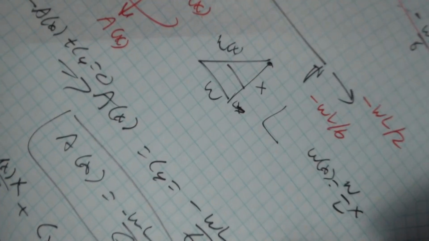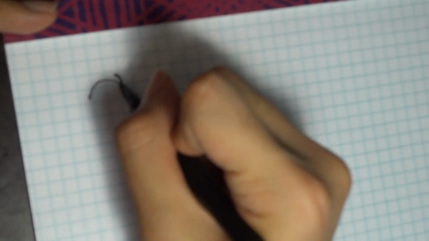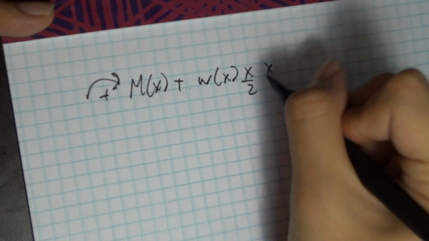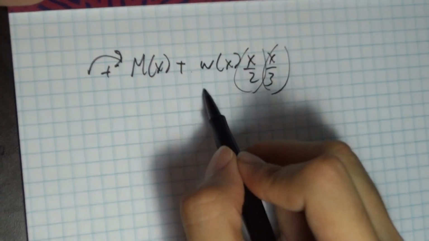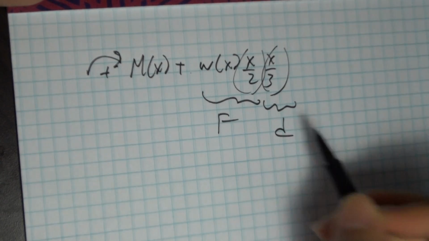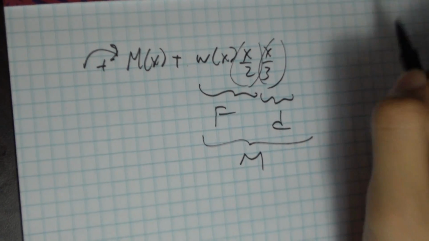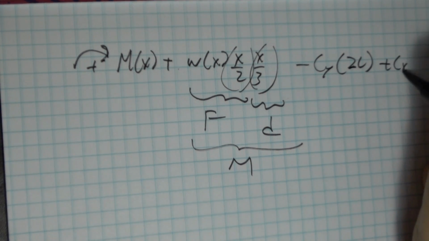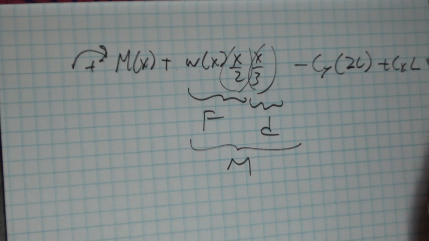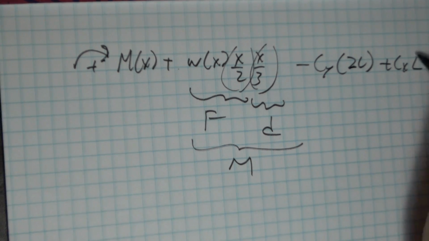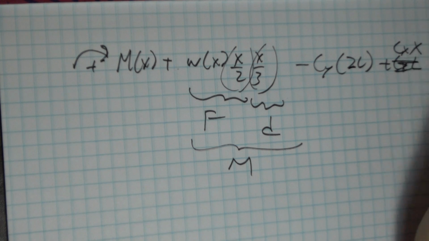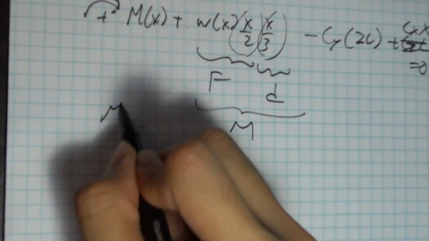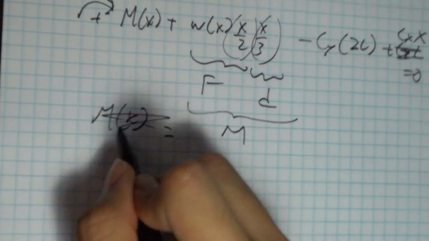Finally, my moment diagram, my moment equations. This is force, this is distance, this is moment, minus Cy times 2L plus Cx x, sorry, yes, equals 0. And I do this, and I solve everything for M of x. M of x is equal